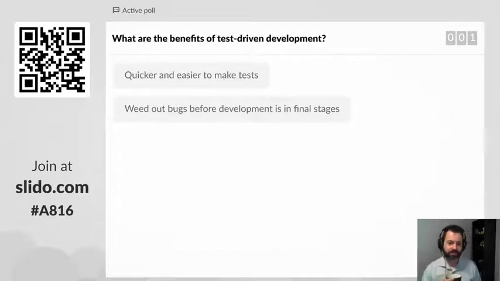Quicker and easier to make tests. Yes. So if you consider testing to be a sequential operation, right? Dev, then test, you're going to have a lot of time spent making tests and going back and revising your code. If you build up your test library along the way, it's quicker, like you say right there, and easier, right? We've been looking at it from a unit testing perspective too, keep in mind. So these are little tiny bite-sized tests, testing the smallest things possible. Testing your functions, your classes,